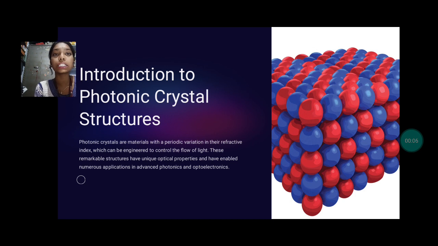Today, I'm going to describe photonic crystal structure in social network. Introduction to photonic crystal structure. Photonic crystals are materials with a periodic variation in their refractive index, which can be engineered to control the flow of light. These remarkable structures have unique optical properties and have enabled numerous applications in advanced photonics and